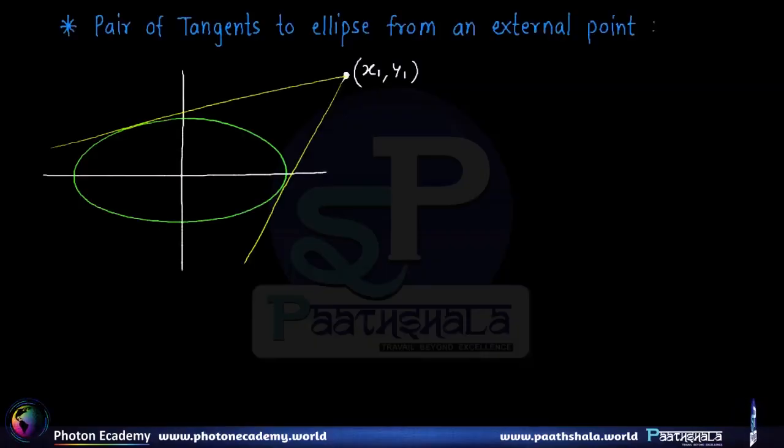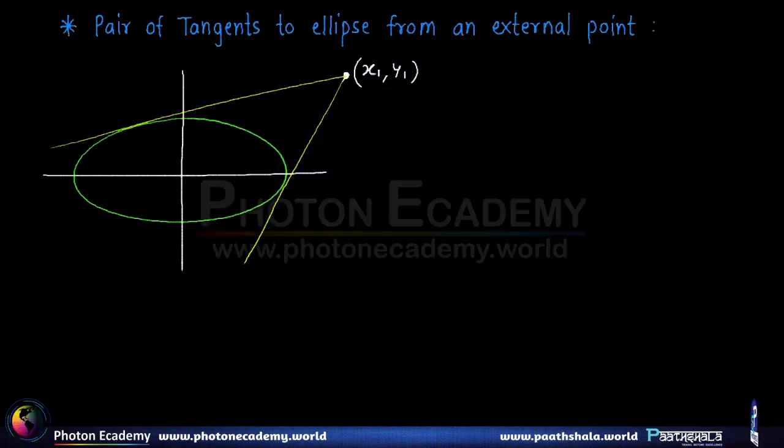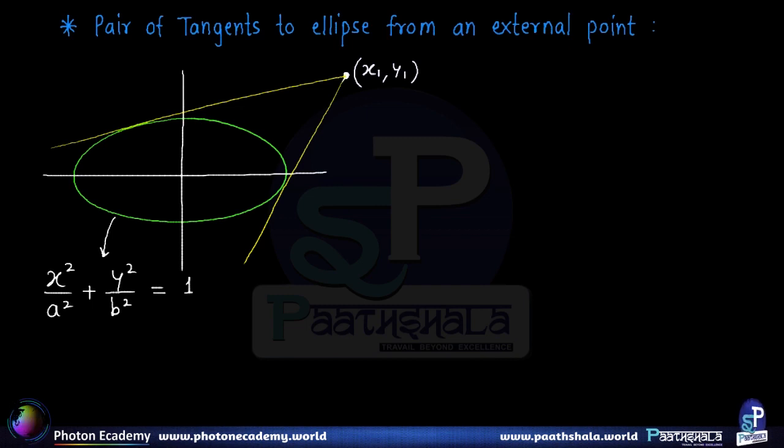Now here we proceed to learn how to write the equation of the pair of tangents to an ellipse from some external point. So suppose we are given some point, say (x1, y1), which is lying outside the given ellipse, whose equation, we know the standard form, is x²/a² + y²/b² = 1. Clearly, we can always draw two distinct tangents from the point. So it forms a pair of lines, a pair of these tangents, whose joint equation is given by